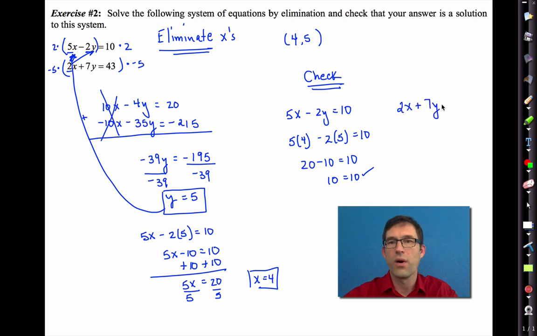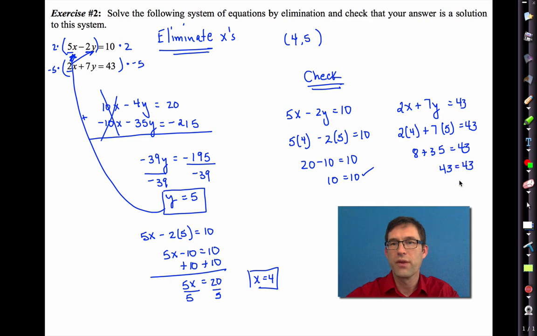2x plus 7y equals 43. 2 times 4 plus 7 times 5 equals 43. 8 plus 35 equals 43. And 43 equals 43. So yeah, it works there too. All right. Now,